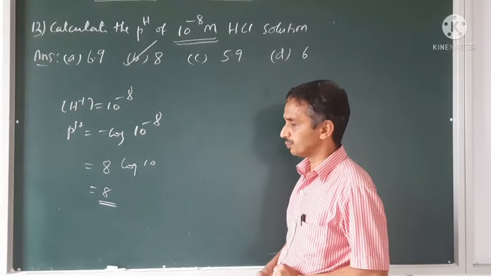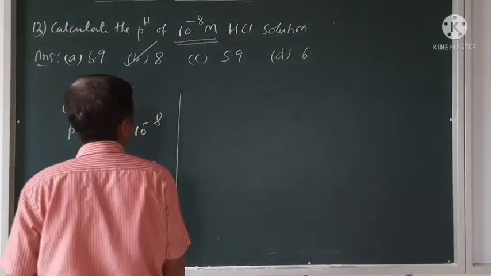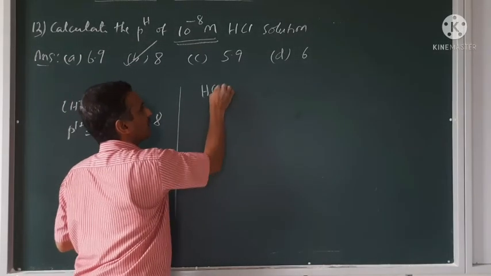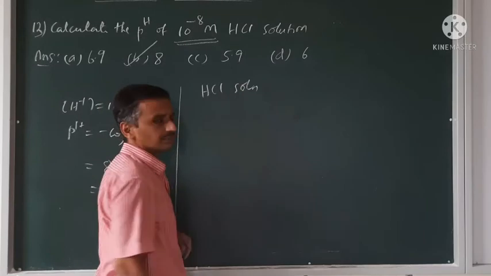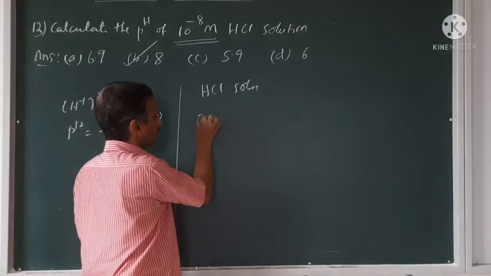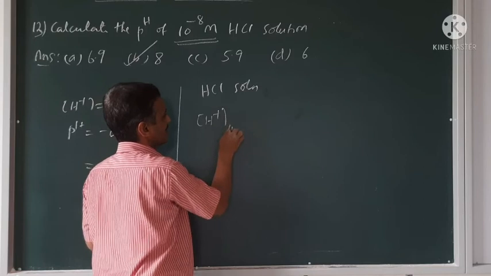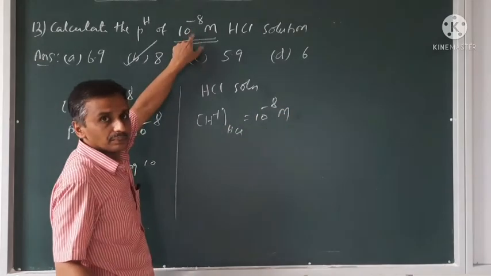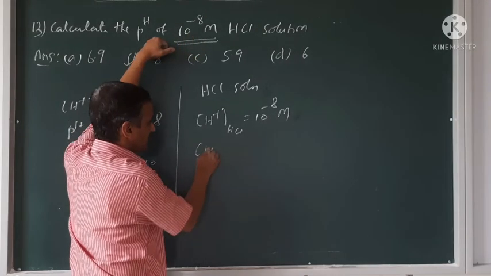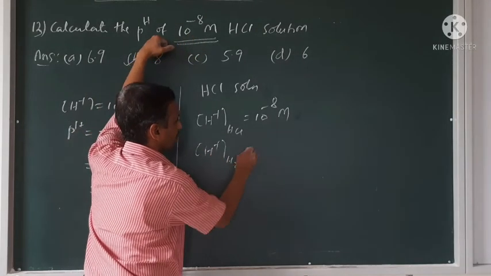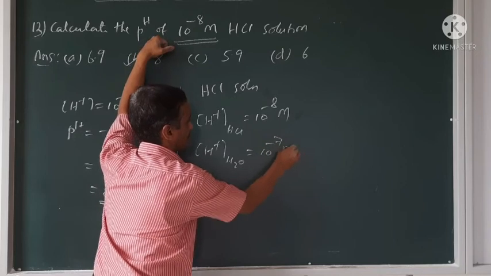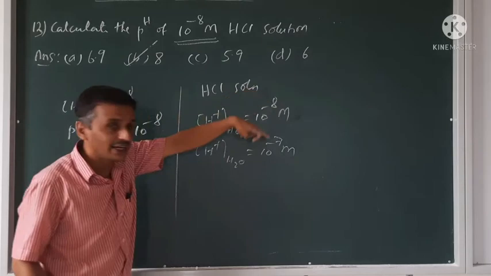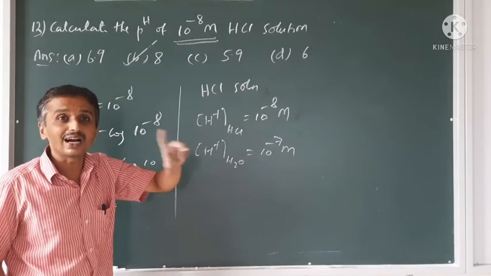See, in the HCl solution, H plus given by the HCl is 10 to the power minus 8 M, and H plus will be given by the water also, which is 10 to the power minus 7 M, and 10 to the power minus 8 and 10 to the power minus 7 are comparable,